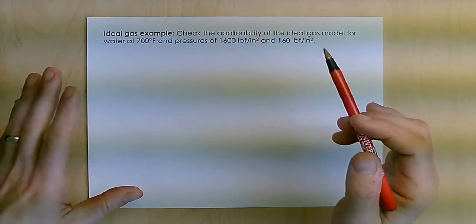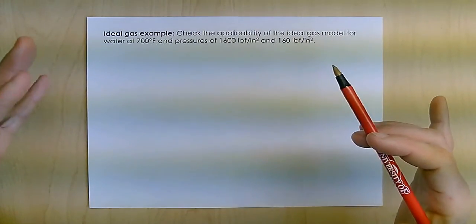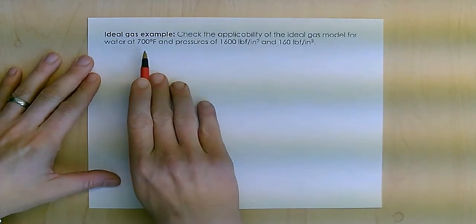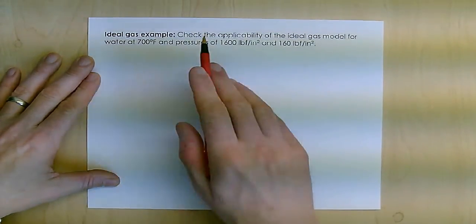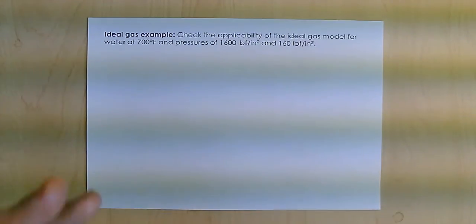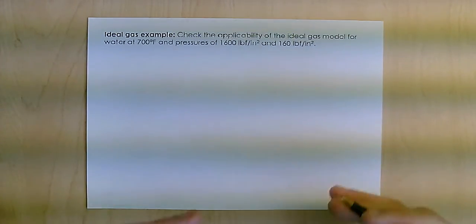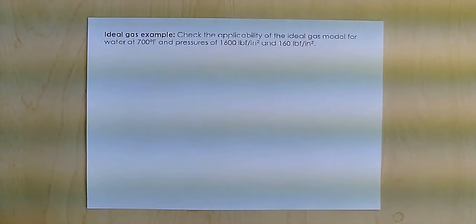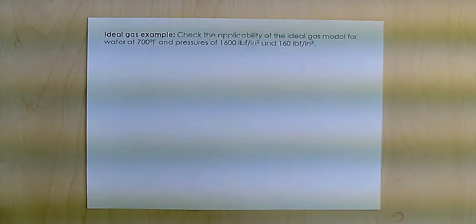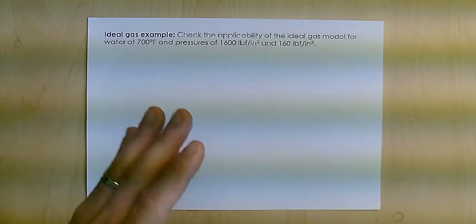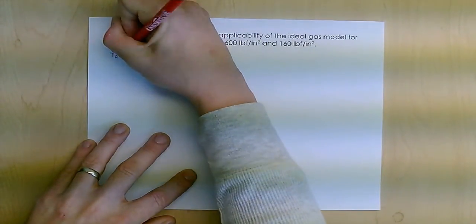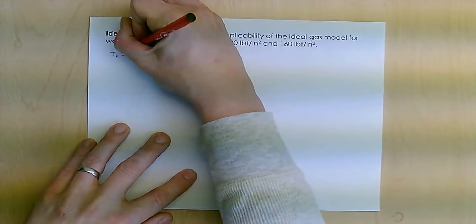Okay, here we're going to show how the ideal gas model works and when it's applicable and when it isn't. To do this, we're going to use water at 700 degrees Fahrenheit at two different pressures and determine if either of those acts as an ideal gas. The way we're going to do that is use that compressibility chart that we've dealt with in the past. For that we need our relative temperature, which you'll remember is my temperature divided